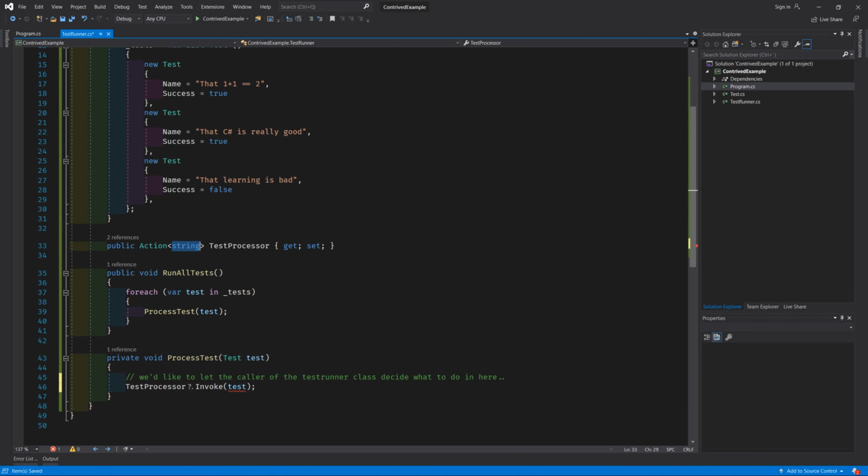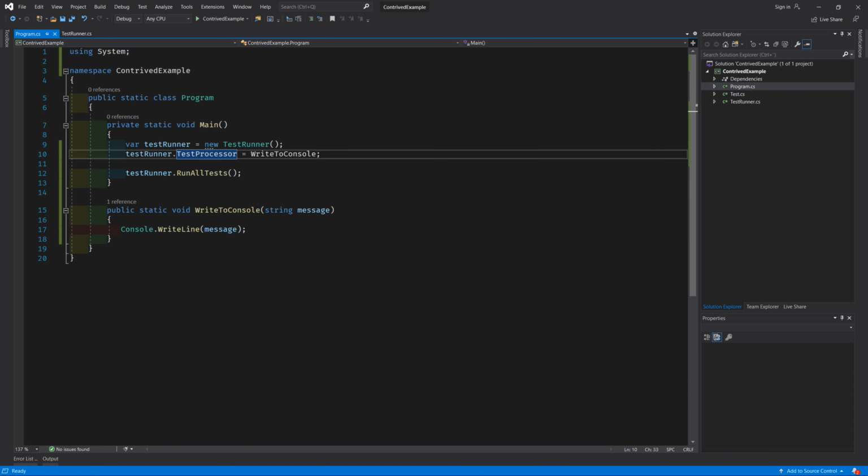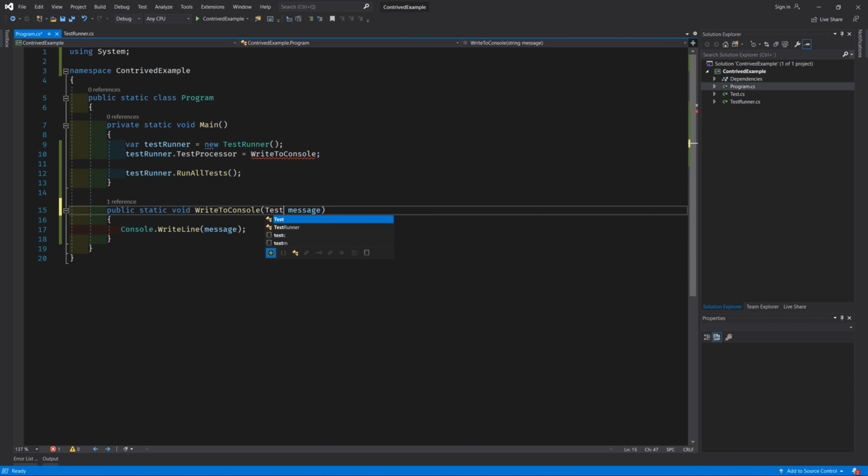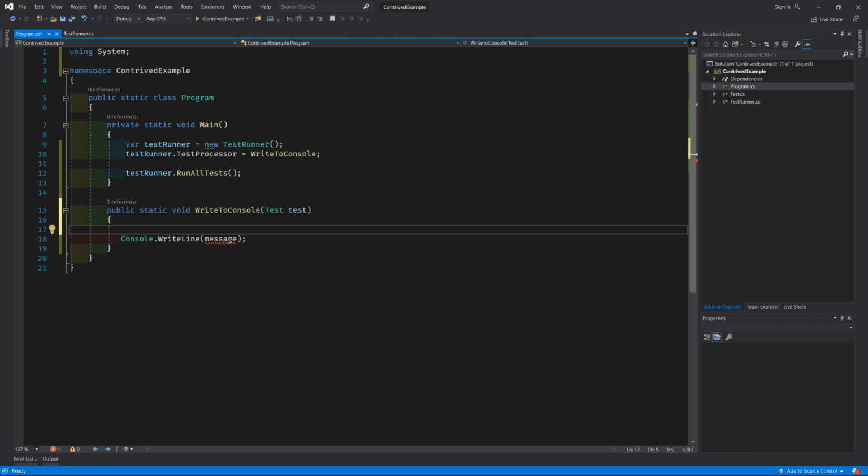So let's change this to test processor Action of test. And then here we'll just do test, and actually it's perfectly fine to do that as well. We could just do maybe var message equals